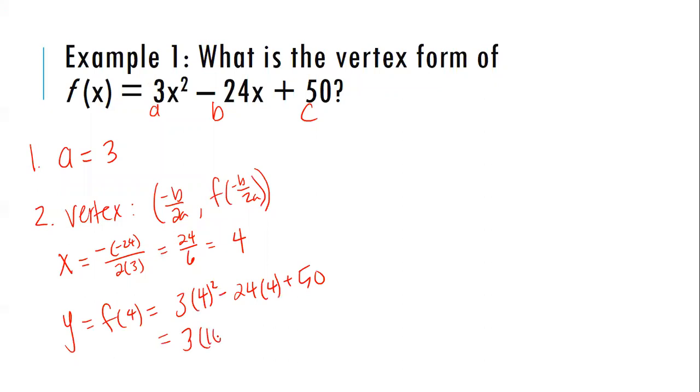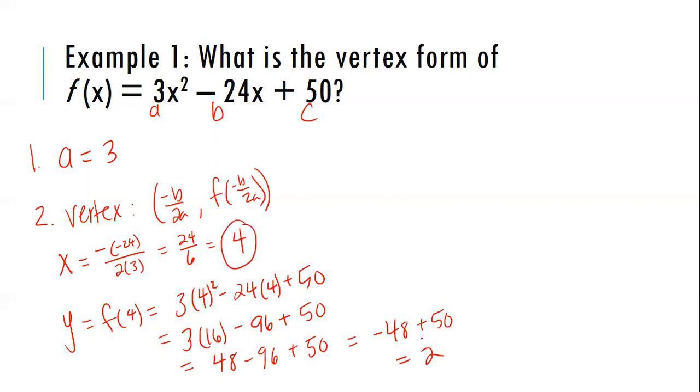So we have 3 times 16 minus 96 plus 50, which equals 3 times 16 is 48 minus 96 plus 50. 48 minus 96 is negative 48 plus 50. And negative 48 plus 50 is 2. So we have our x, we have our y,